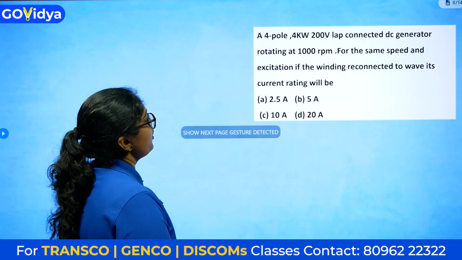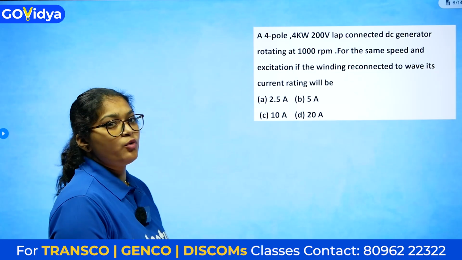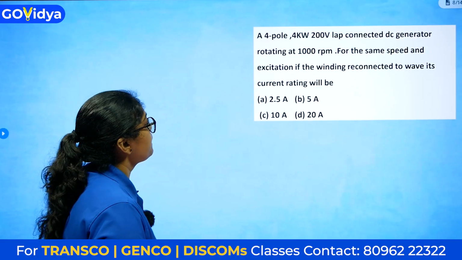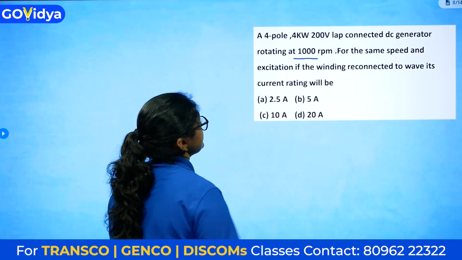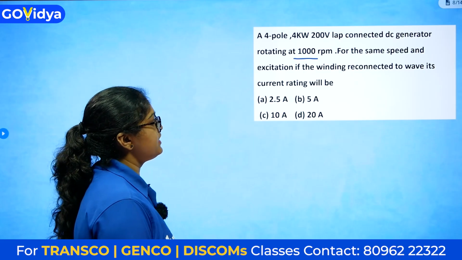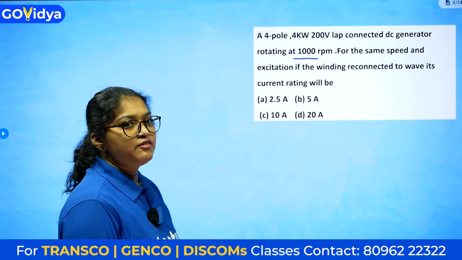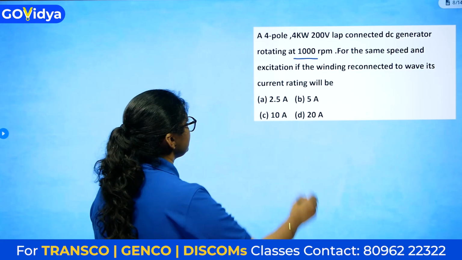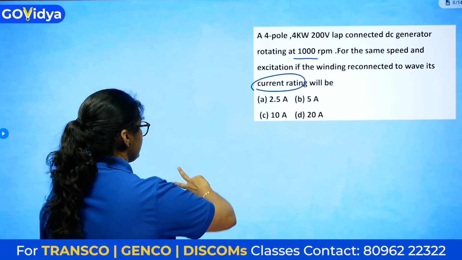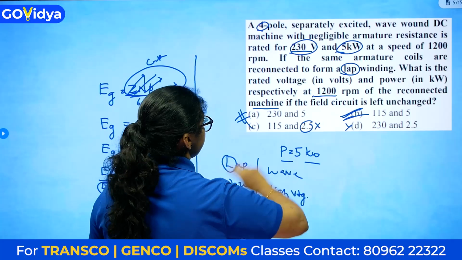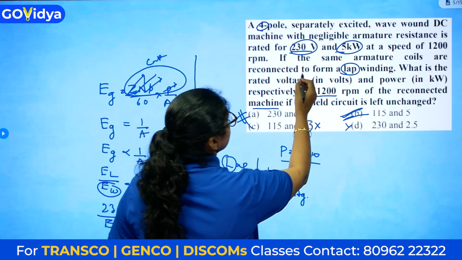A 4-pole, 4 kilowatt, 200 volt lap-connected DC generator runs at 1000 rpm. For the same speed and excitation, if the winding is reconnected to wave, what will its current rating be? We have to calculate the current rating. In the previous question, for the wave